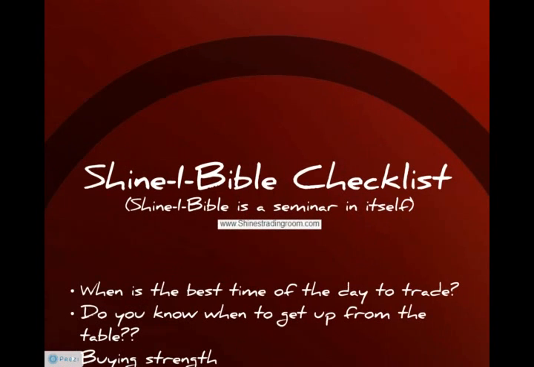And as I mentioned on this slide, it is a seminar in itself. And when you have this list of rules, and I've seen traders literally put it on their hands, put it on their screen, write it down on their palm, put it there in front of them. I want you to be able to combine a few things: the Eye Bible, the planets that all need to align, and yourself being that disciplined individual that makes sure that you're rating these trades properly in order to succeed in this business.